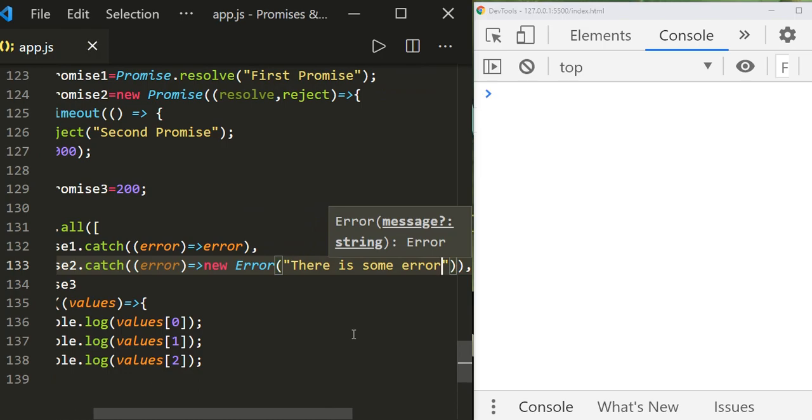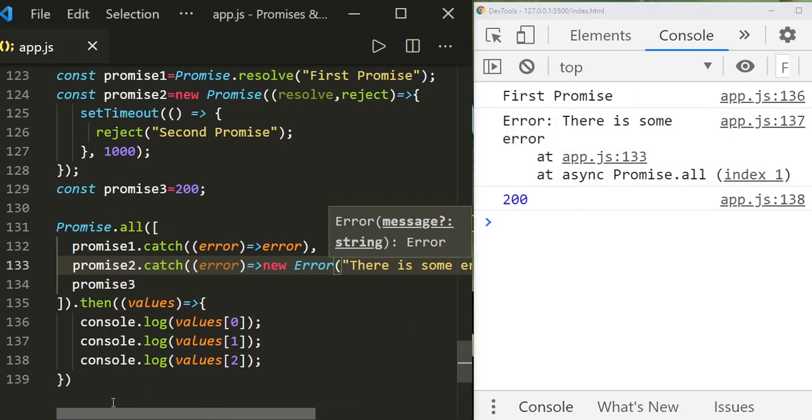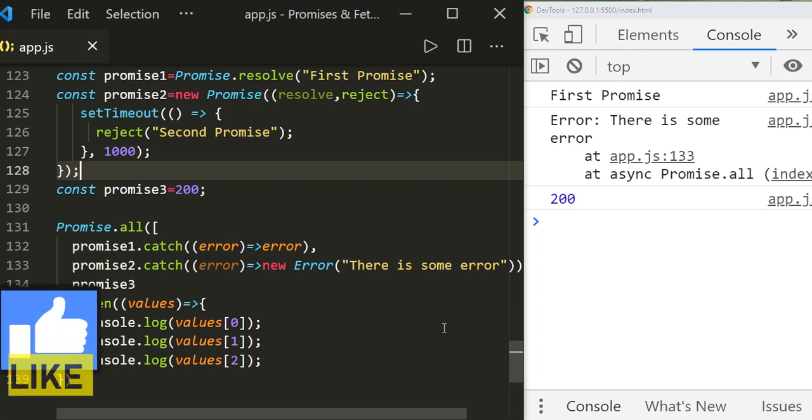If we save it, we can see the result: first promise, then the error, then 200. So this is how we can get the output of the resolved promises even though there is a rejected promise in the input of the promise.all method.